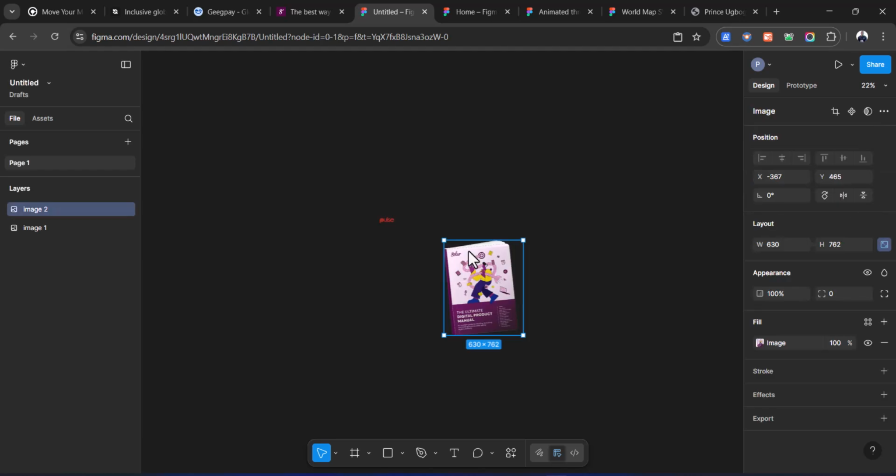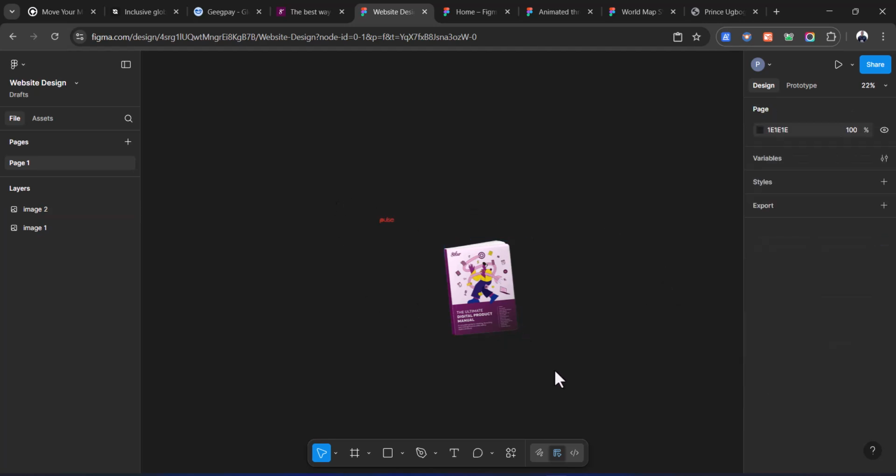So how do you do this on Figma? First thing you want to do, you launch your Figma app. I've already launched mine. You open a new Figma canvas. Of course, I'm going to give my title: website design. I'm not designing for anyone, I'll just show you the structure and allow you to do your stuff. Website design, press enter. Next thing I'm going to do, I'm going to select my frame. I'm taking this out